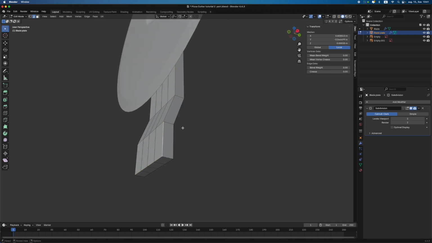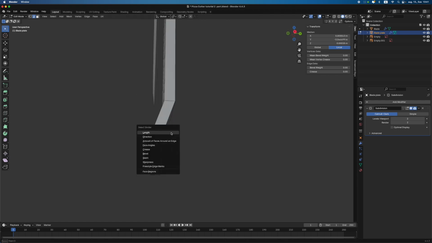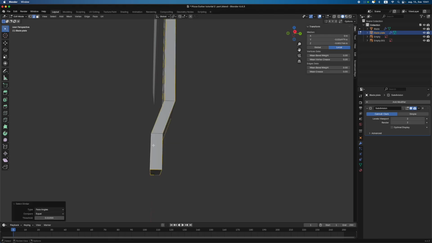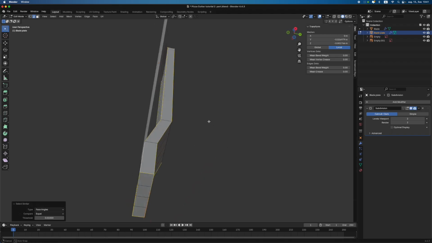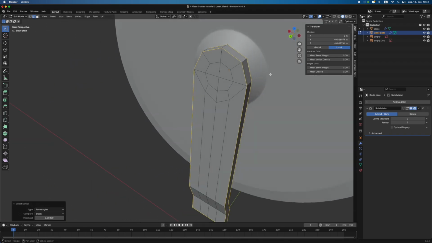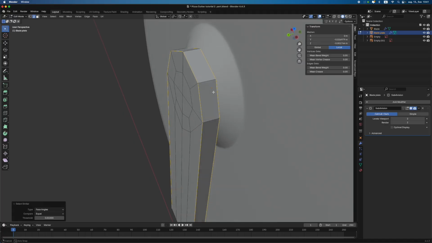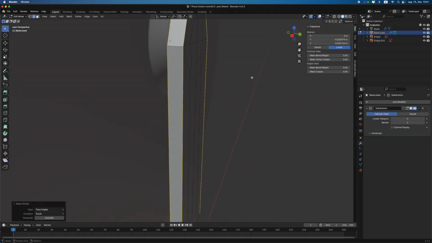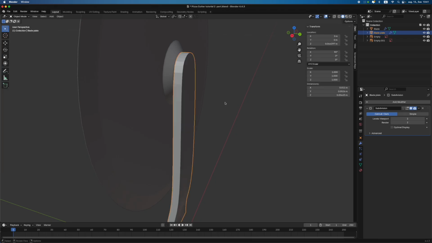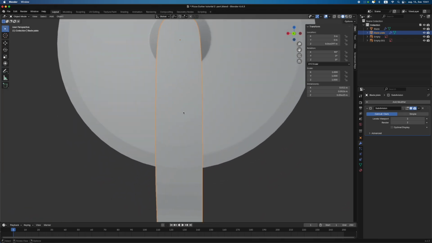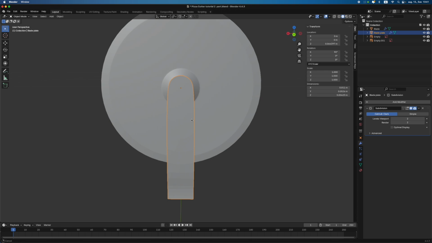I want to select one and press Shift G, and select similar by face angles. This will select all the sharp edges, and we want to crease these, so I press here 1, and now if we watch it, it looks more okay,